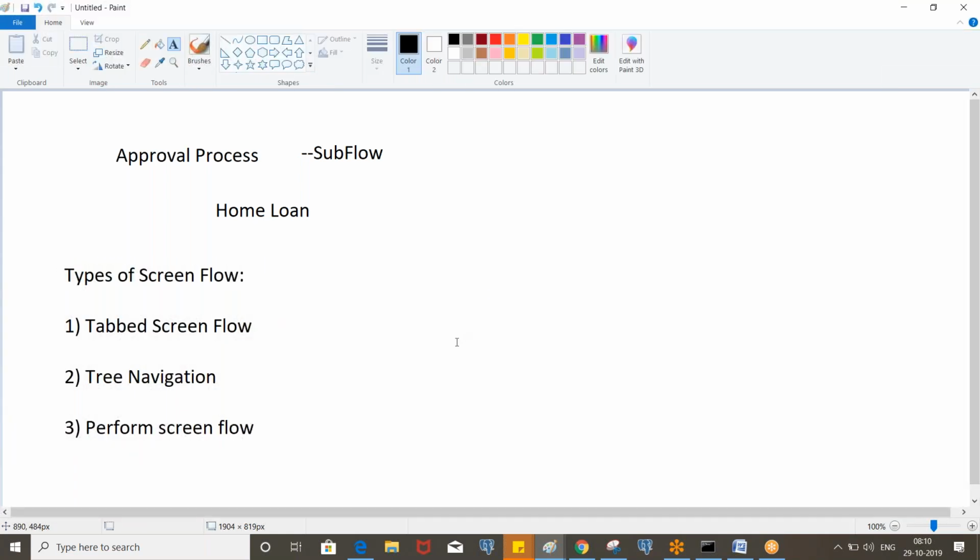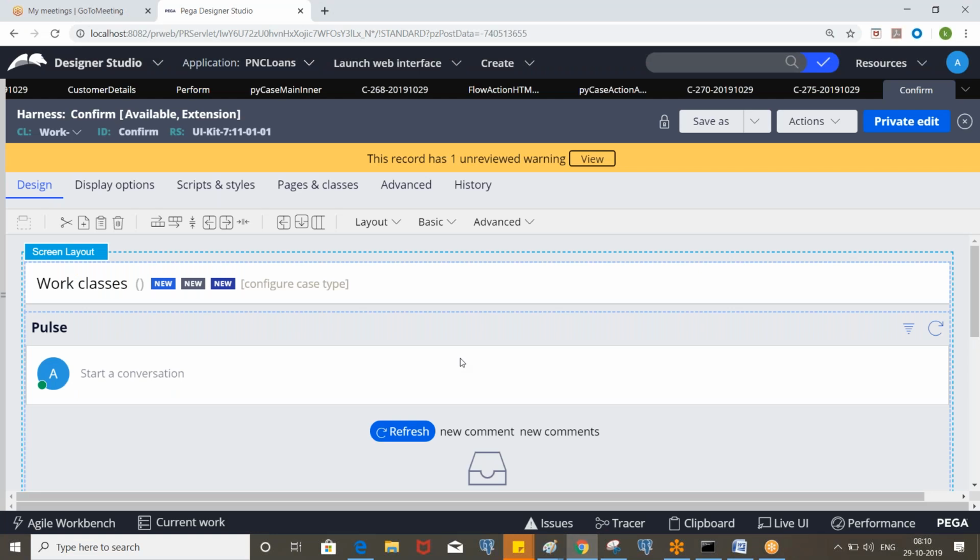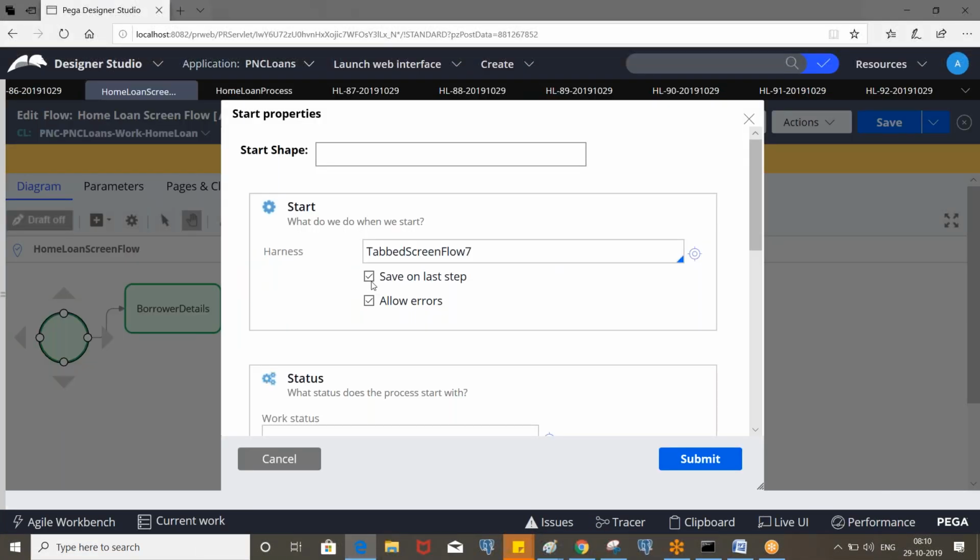Okay, so we have three types of screen flows available. By default, you see the tabbed screen flow, and I'm going to change it to tree navigation and see.